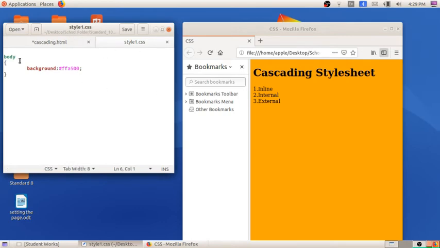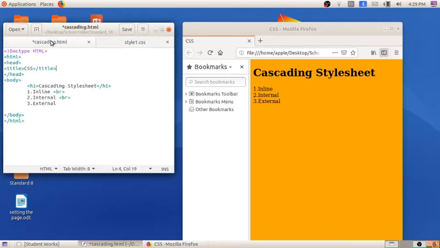Next, I am linking this style to our HTML code. How can we do that? You already will be knowing that. In the previous video I did that using the link tag. Link, rel equal to stylesheet.